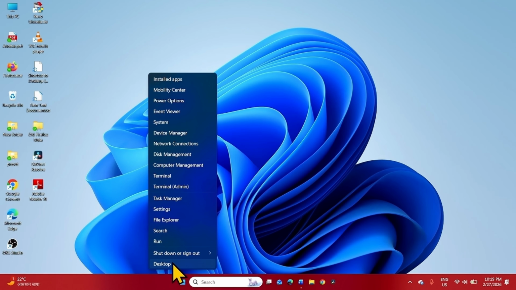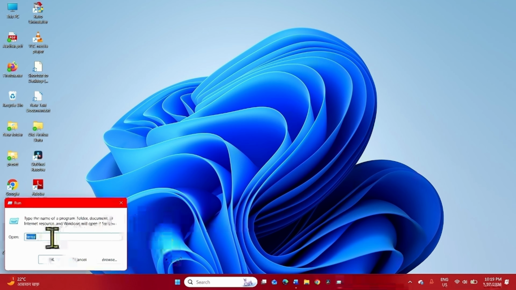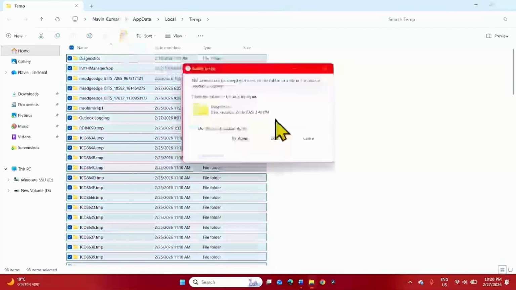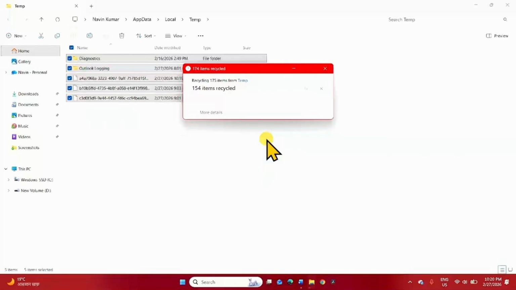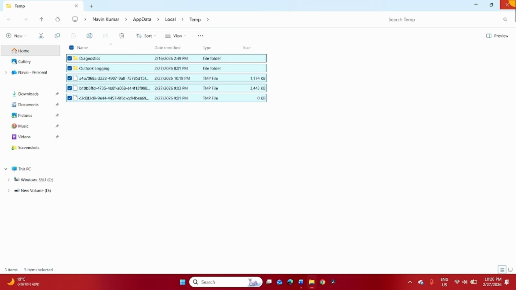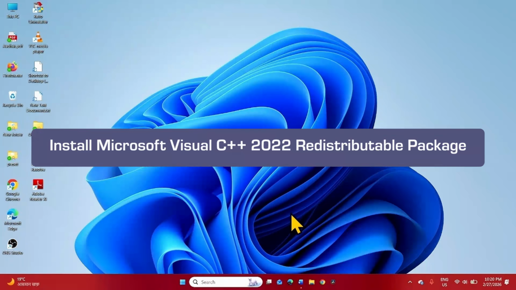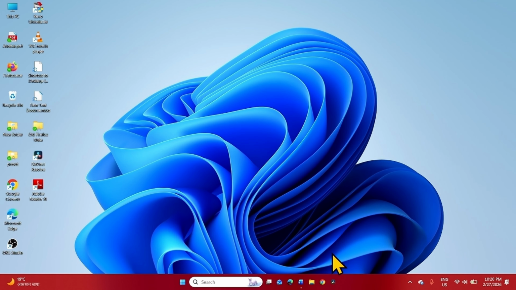In the same way, run %temp%, click on OK. Select all the files and folders here and click on Delete. Check if the issue is fixed. If the issue still persists, install Microsoft Visual C++ 2022 redistributable package. For this, go to the video description and click on the link to Visual C++